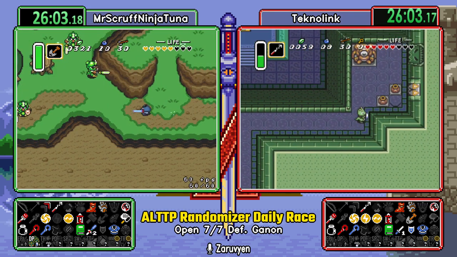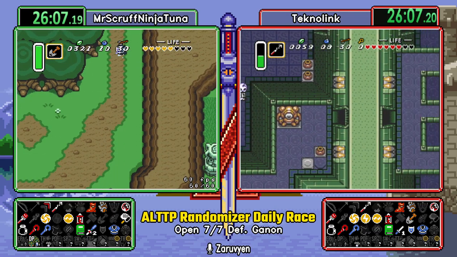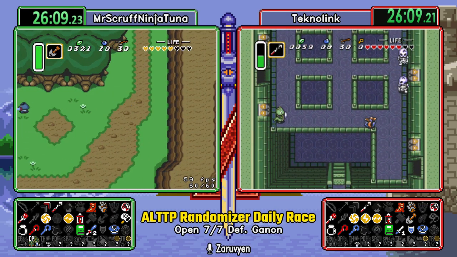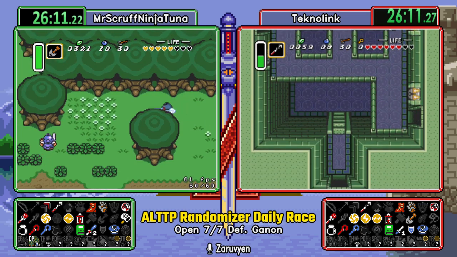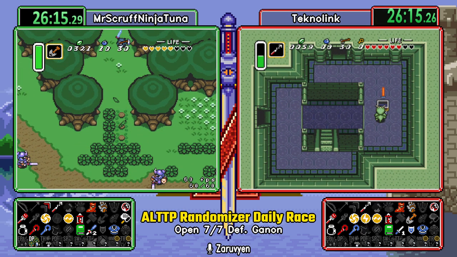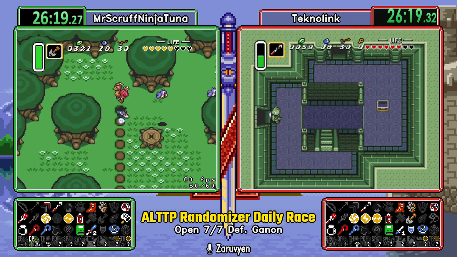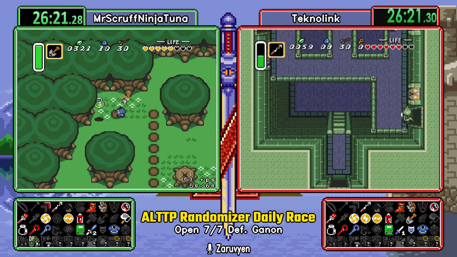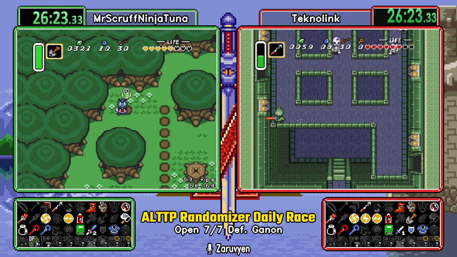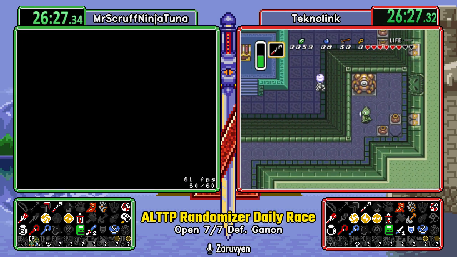Ooh, this is interesting. If that shovel's got something... Look, a third sword in Eastern Palace. That's going to be nice moving forward here. Ah, it's just a bottle with some green goo. My goodness. Okay, so...